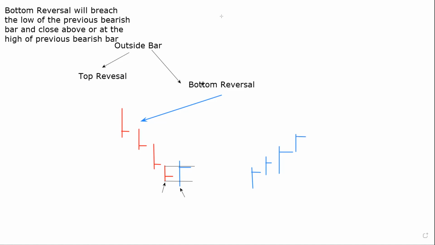And then the next bar will come. It will go above and close like this. It's the same. So what happened? The high of this one was the last high of the previous bullish bar. So if I have to define the top reversal,